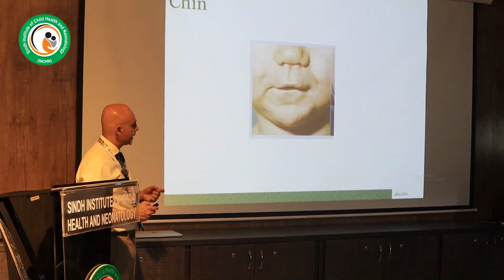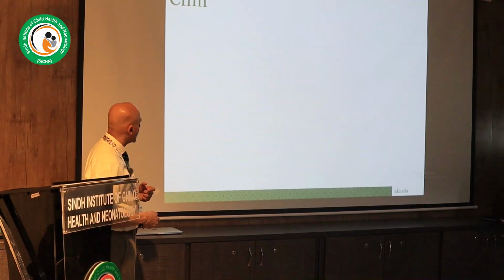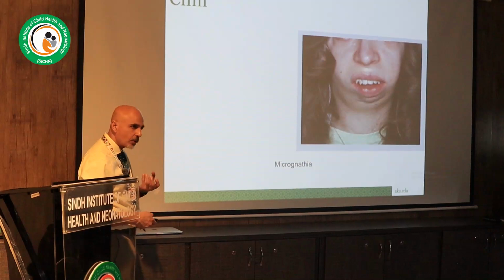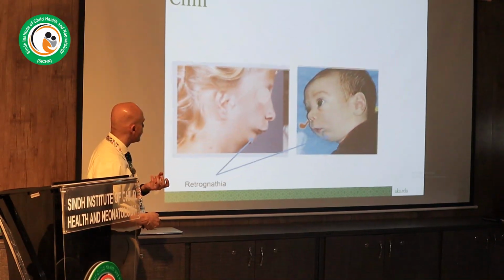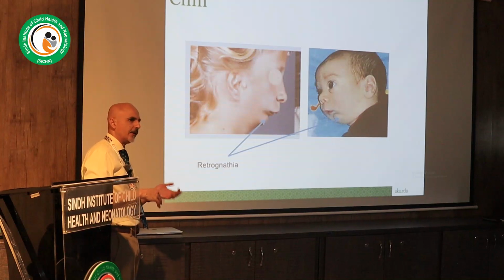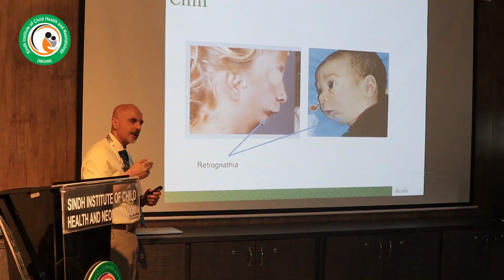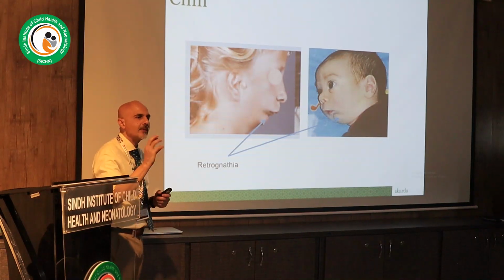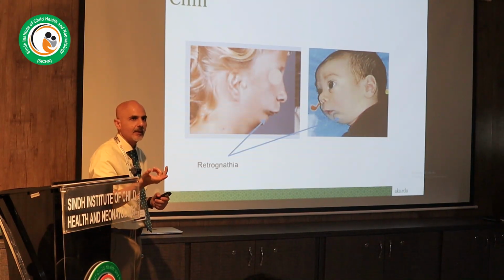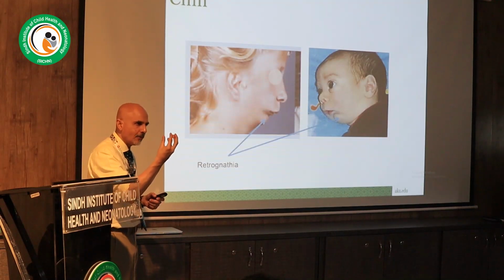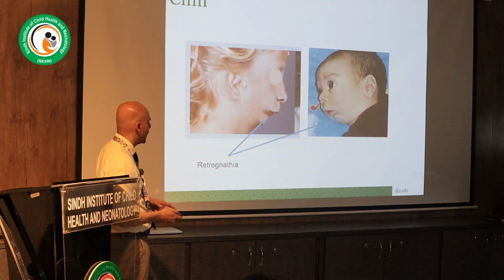Chin is very important, and you can see this could be a pointed chin, it could be micrognathia or a very small chin, and sometimes it gets confusing. What is the difference between micrognathia and retrognathia, right? So by definition, retro is backward. Sometimes you get a combination that it's backward and small, so you can call it retromicrognathia. But if it's relatively normal size but just posteriorly located, then it's retrognathia alone.